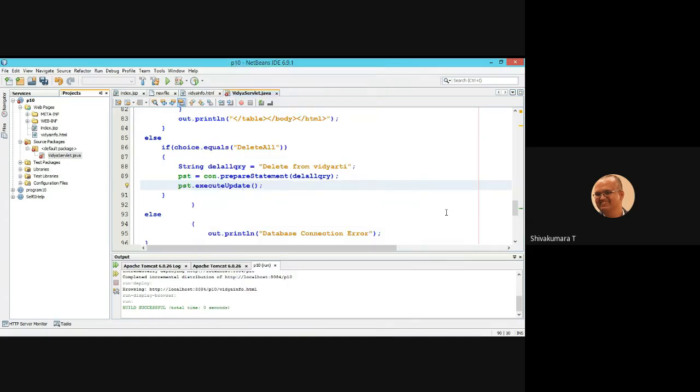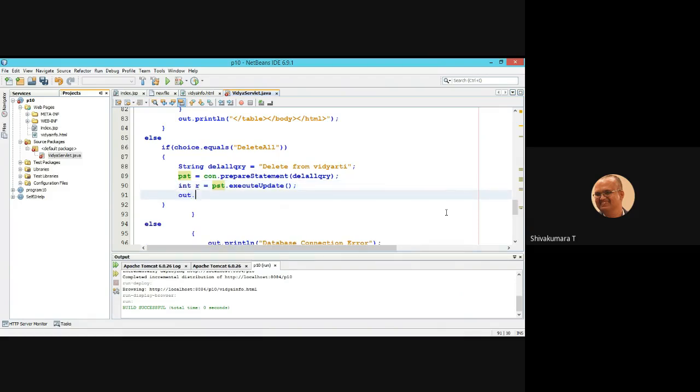Execute update is used. Out dot println all records deleted.